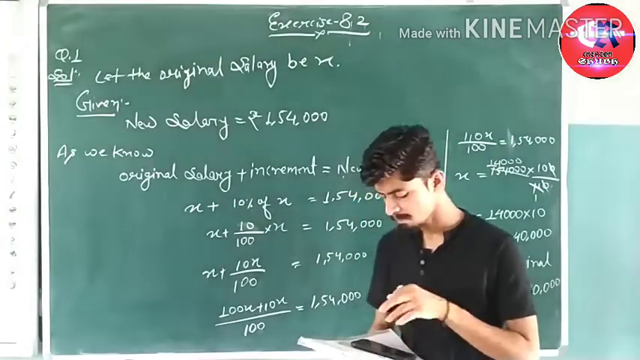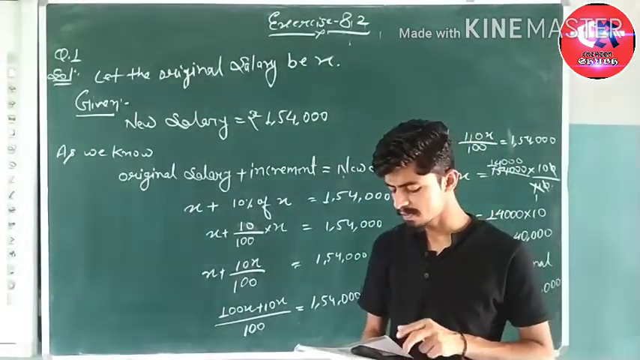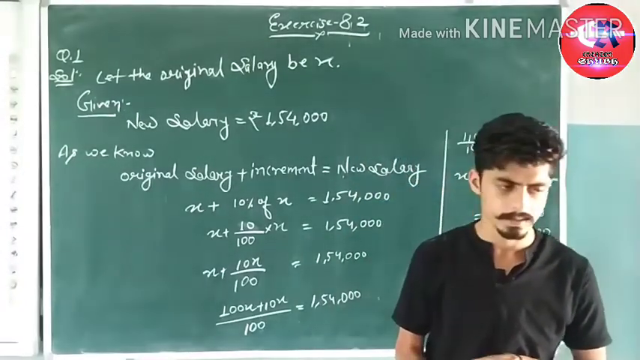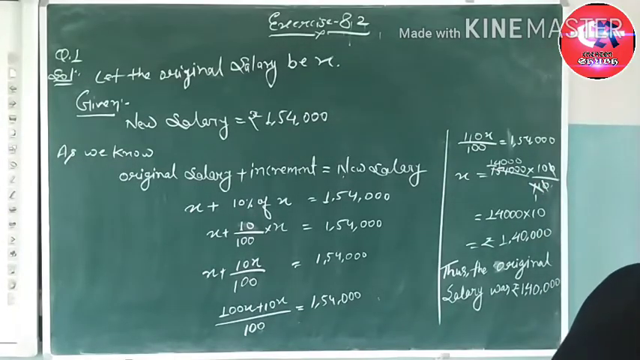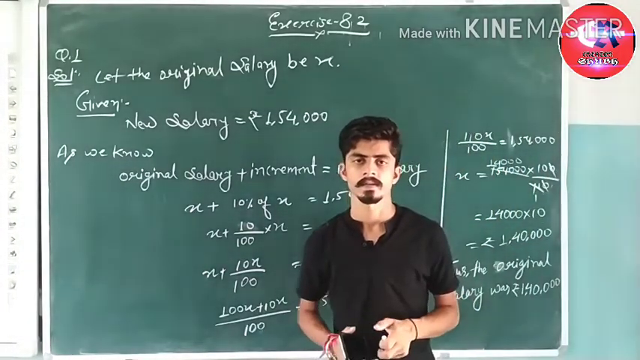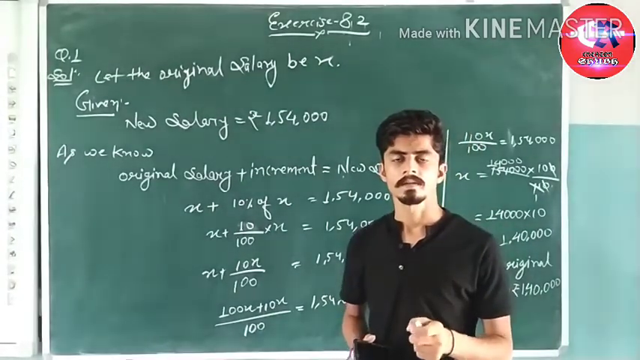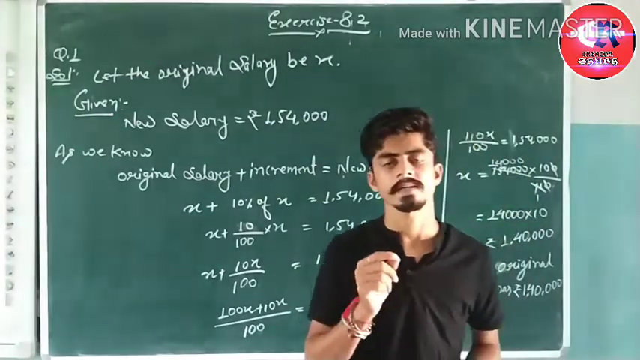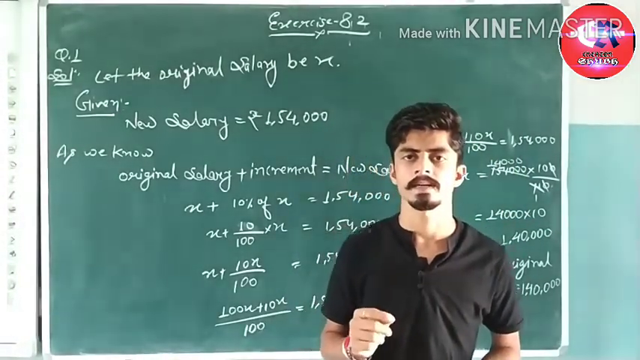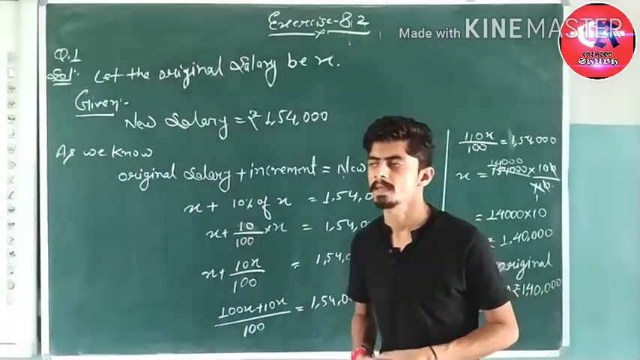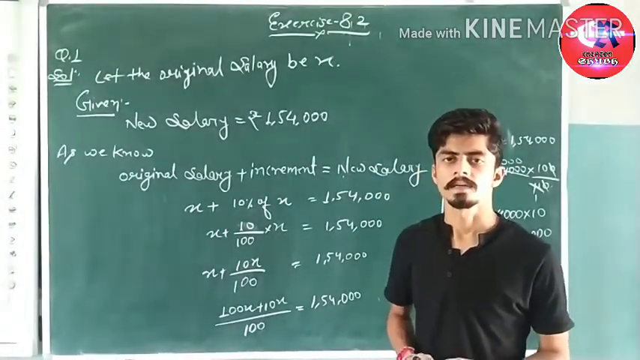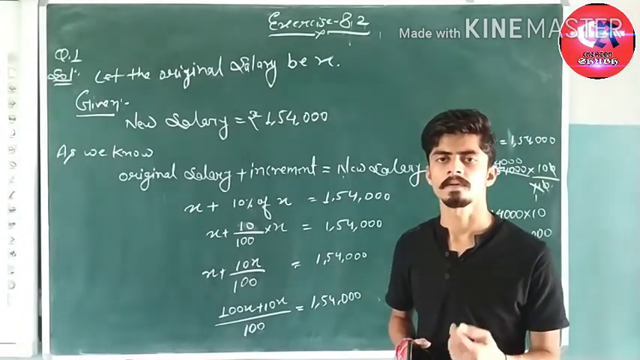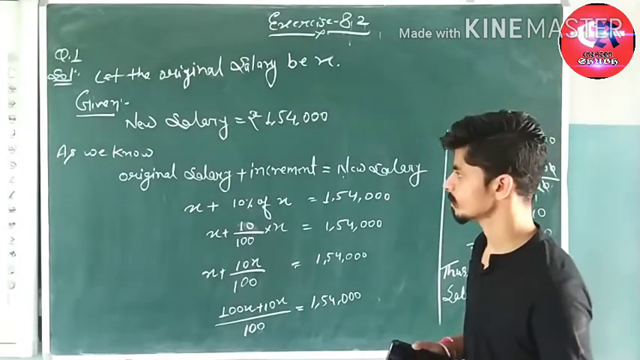The first question is, a man got a 10% increase in his salary. If his new salary is 1,54,000, find his original salary. That means the amount he got at the current time, we do not know about that. He got a 10% increment, that means something extra. So the amount which is given as an increment is added to the original salary and it will become a new salary. Suppose that the salary was